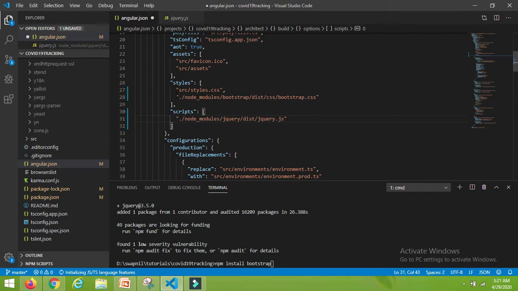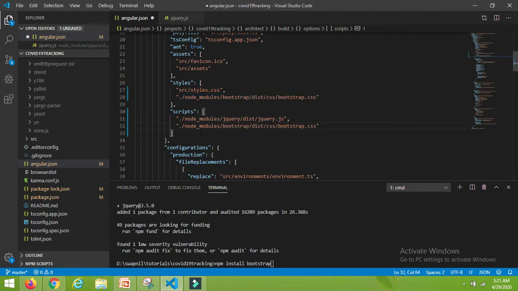Yes, like we have added the CSS, we have to add the bootstrap.js also here. Here is the JS and bootstrap.js. If you are not sure about the path, just open this bootstrap.js file.